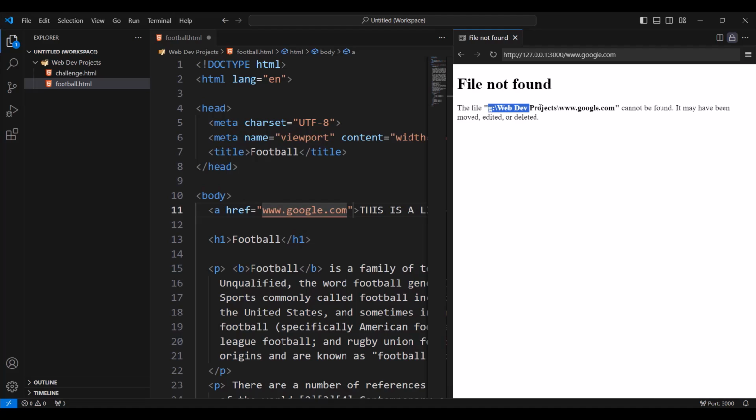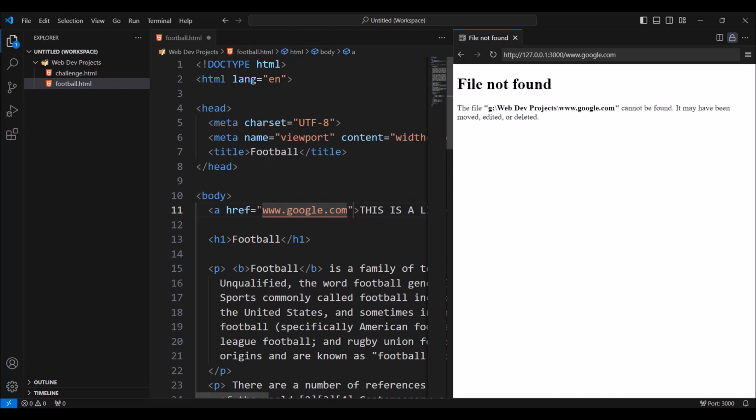This is because it thinks that we are inside a file, so it thinks that you want to go to another file. So because we are in a file, we can't go to this address.